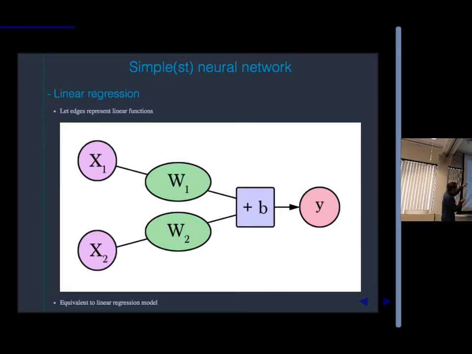So in this case, we have two inputs. We still only have a single scalar output. For each input, we have a coefficient, a regression coefficient, or a weight, we're going to be calling them in this context. And then we also are going to add some bias term. So this is just a two-dimensional linear regression model. Hopefully that is also pretty clear to people.